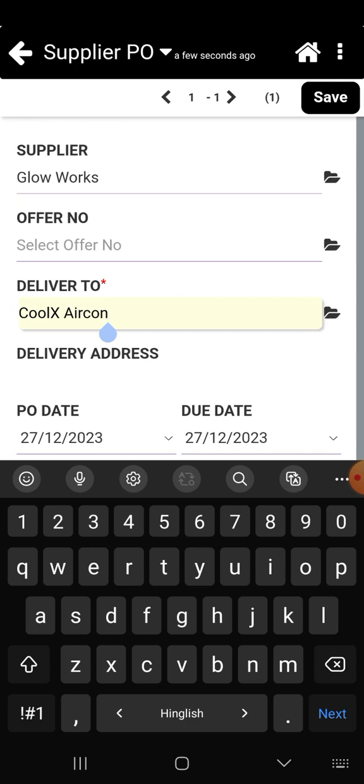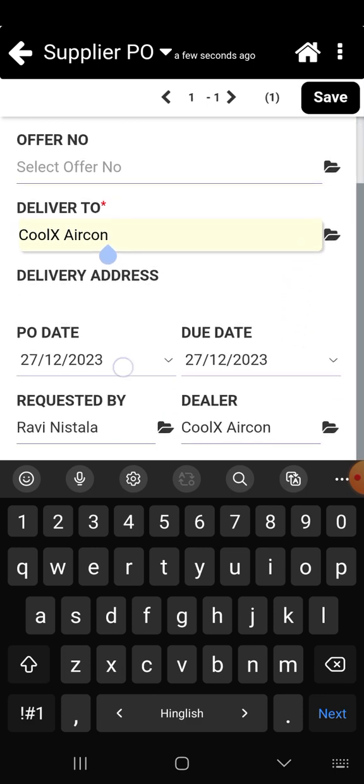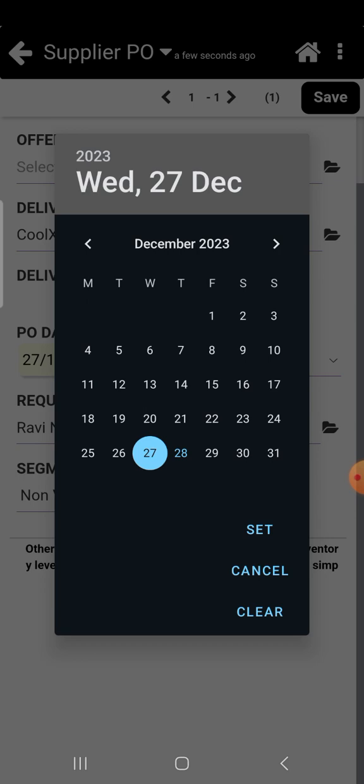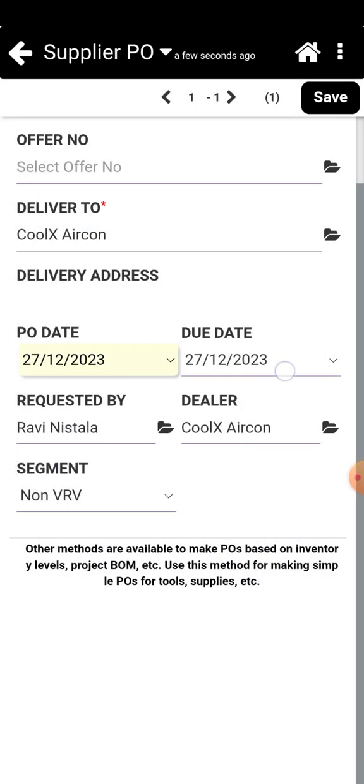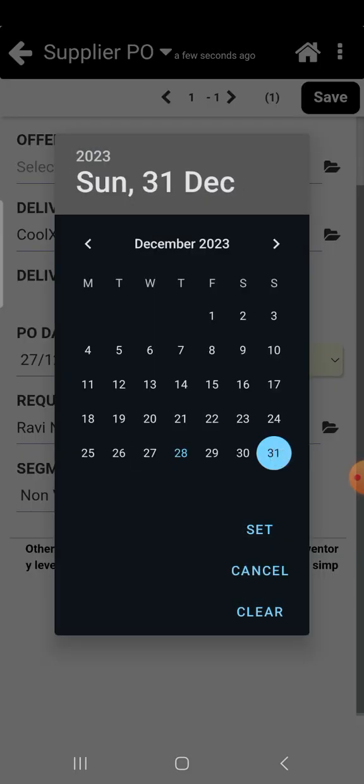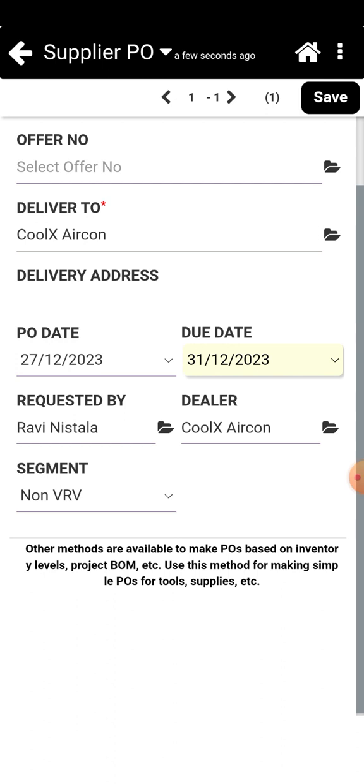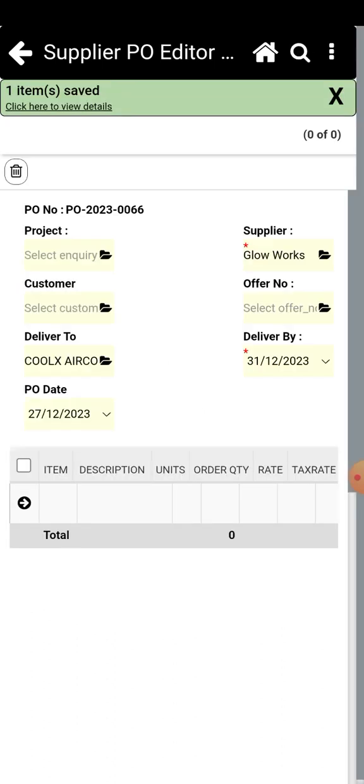If required, we can change this. Similarly, the PO date can be changed. The due date by when we want this delivery can be set as required. Then we save to get to the supplier PO editor where we have to enter all the items and their